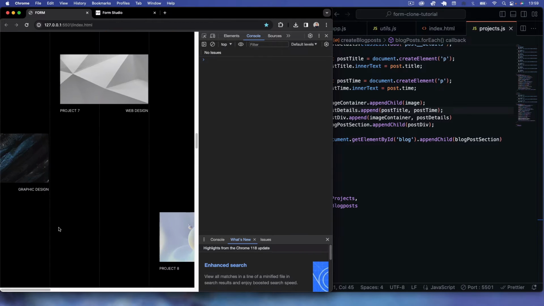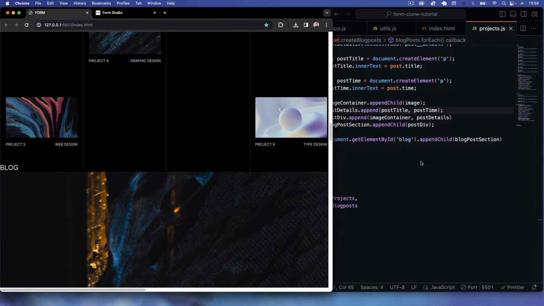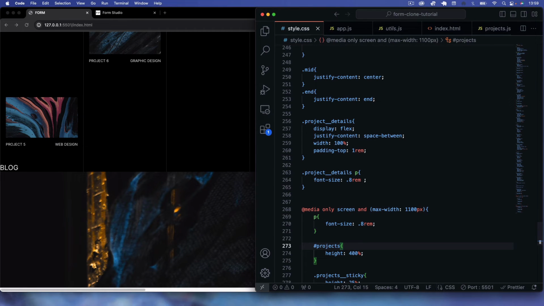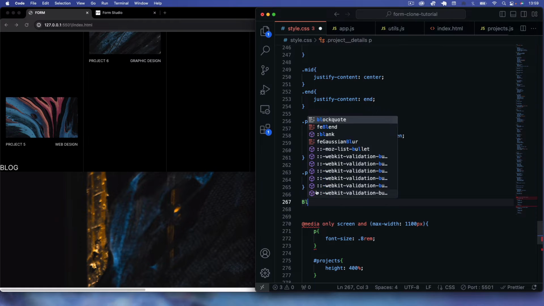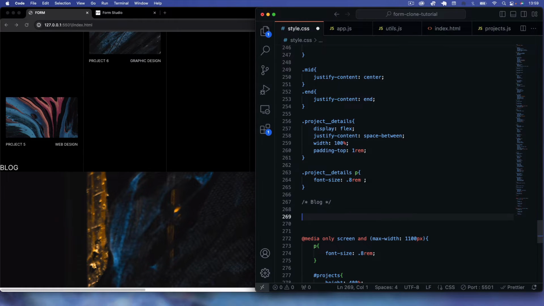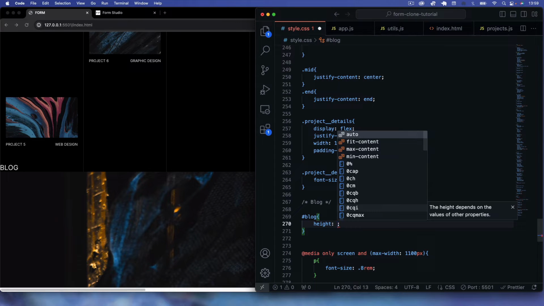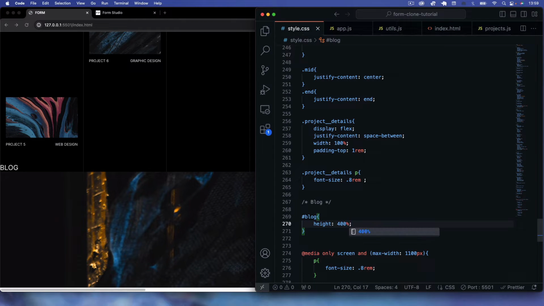So now we need to style these, obviously, because the images are a bit big at the moment. So let's do that now. Let's come to our style.css, and underneath our project section here, I'll just say blog, and then let's get styling. We'll start off with our main blog section first, and here we're going to give this a height of 400%,